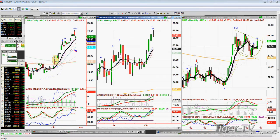Right. So I'm looking at the daily 9 EMA, and it's almost there. And would you use that as a reference, or would you use the